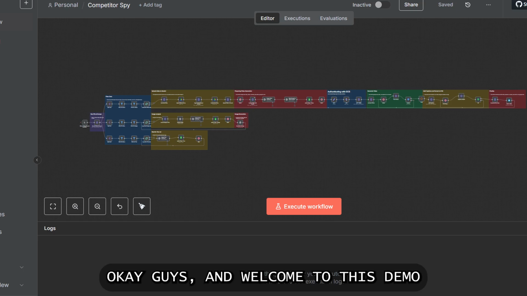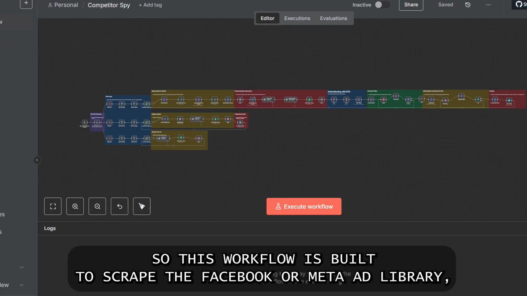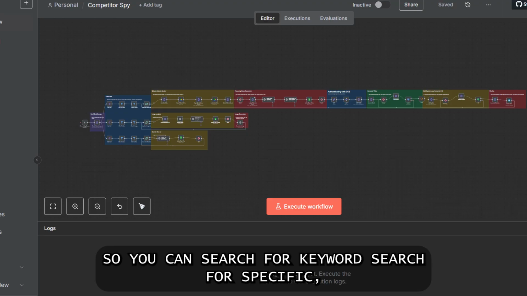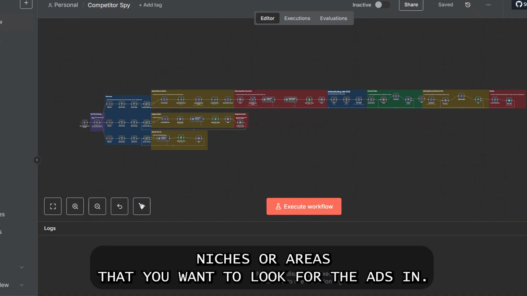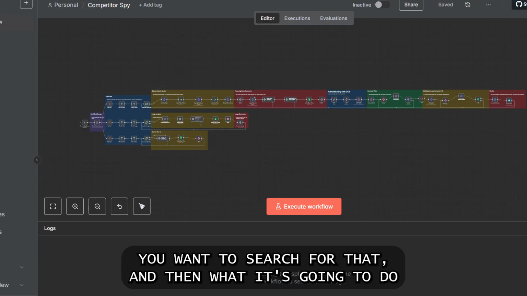Okay guys, and welcome to this demo video on my competitor spy n8n workflow. This workflow is built to scrape the Facebook or Meta ad library for all of your competitors' ads, so you can search for keywords, search for specific niches or areas that you want to look for the ads in. So whatever your business is running ads in itself, you want to search for that,